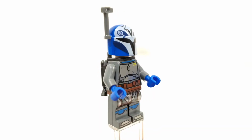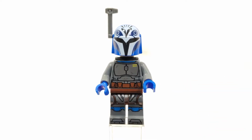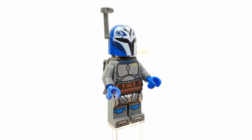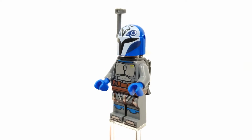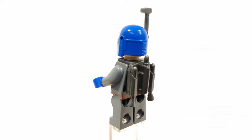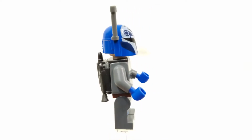We also get some pretty nice leg printing leading up from the very bottom of the feet up to the belt piece in that brown color. We also get the torso printing right there for the front of the Mandalorian armor. Really love the shining to that. Some blue hands for some gloves. We get a full dark gray look otherwise, and then we get the gunmetal gray returning again for the jetpack, which we only previously saw back in 2012 and 2013 with those Mandalorian characters,